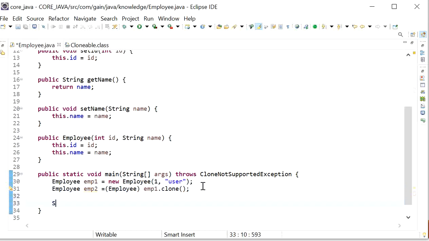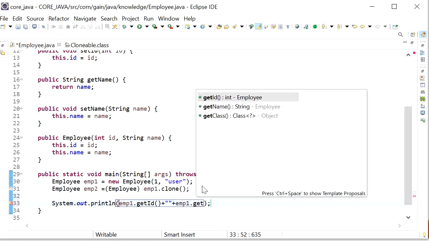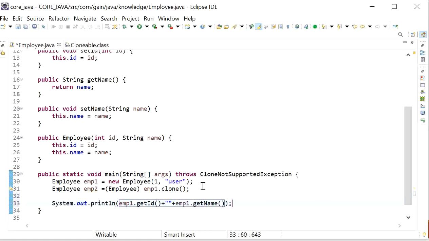Here I will print the statements, employee1.getId and employee1.getName. Like this I will print the values for employee2 also, employee2 name and employee2 id.